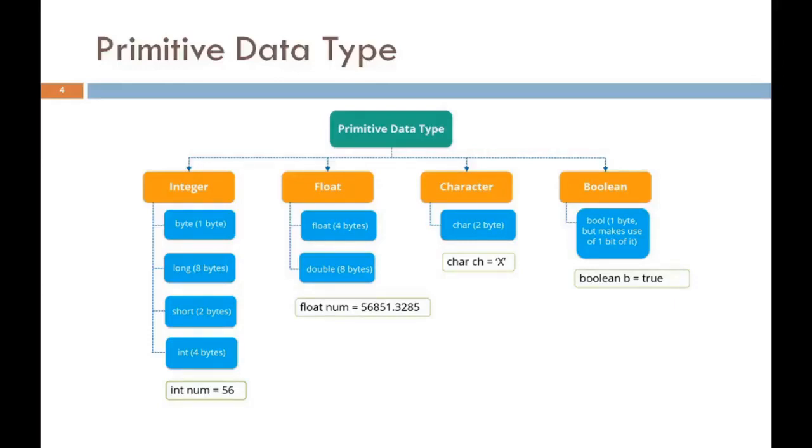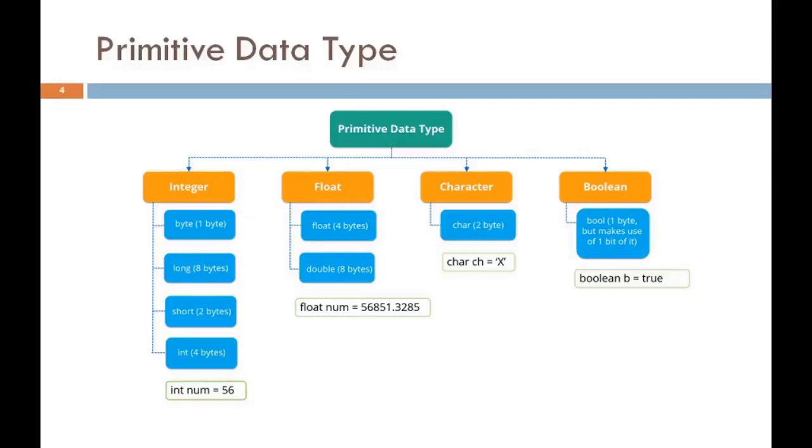Suppose you want to store a value which has a size of 1 byte, then we have to use byte. Suppose you want to store a value which has 2 bytes or more than 4 bytes, then we have to use int or long. So based on the requirement of the value of the variable, we can use any one of these 4 as an integer data type.